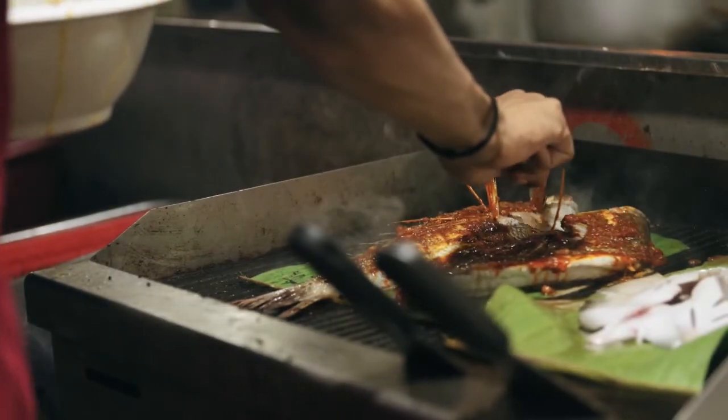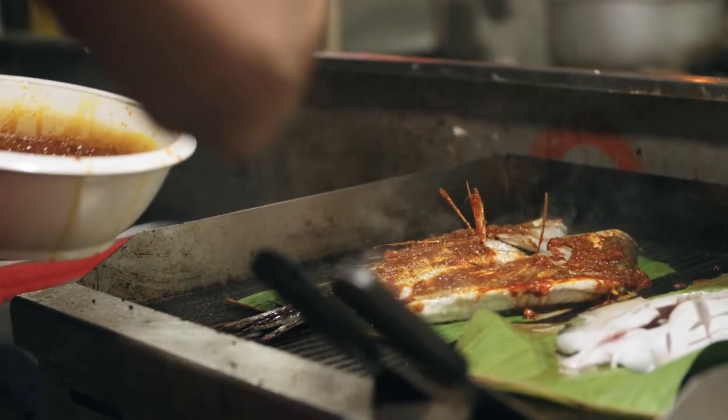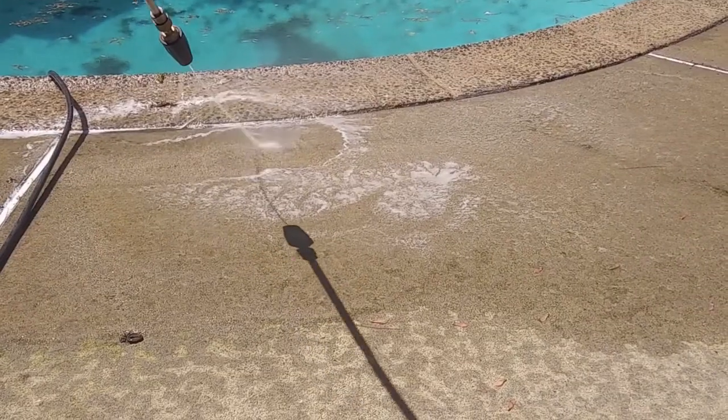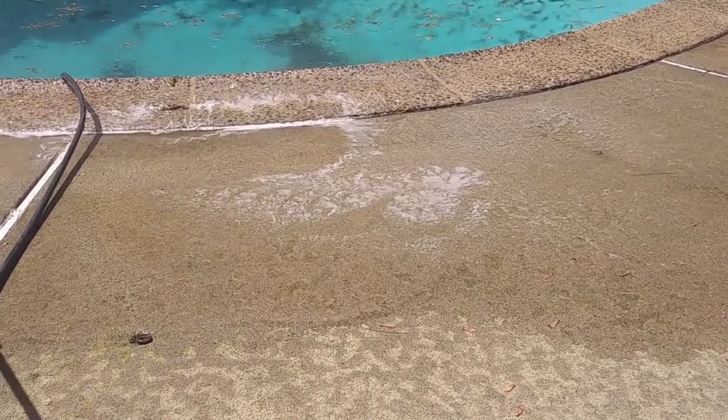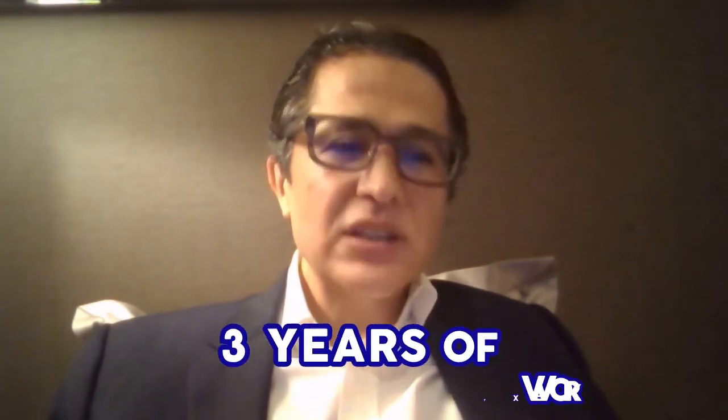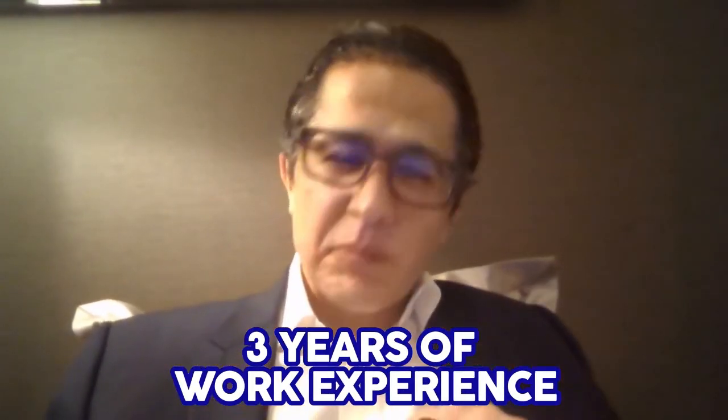Here's a quick bonus for you. Some of our employers are actually looking to hire overseas applicants in the following positions: cooks who worked in hotels or cruises and are familiar with international cuisine, swimming pool maintenance and construction staff, network cabling personnel, and XML developers. If you or anyone you know is qualified with at least 3 years of documented and paid work experience in any of these positions that I just mentioned, reach out to us at